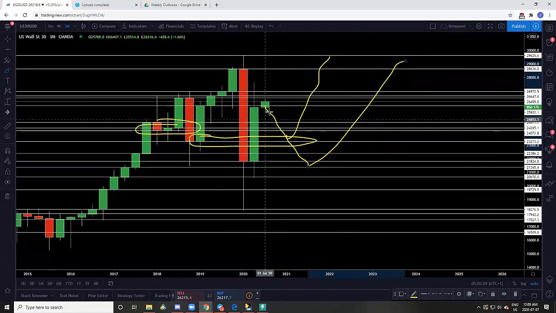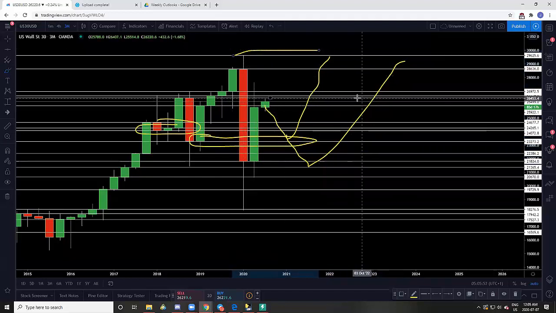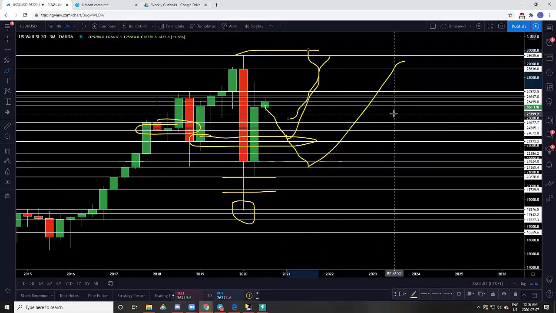Otherwise, all I'm really looking for is a potential pullback to some areas of interest and creating a deeper quarterly wick and a 1-month wick, which I'll show you guys, and then continuing up to the upside. Because we can have as many of these coronavirus headlines as we want, if we don't have anything to negatively impact the economies or a new type of catalyst to come, then this smart money sentiment is going to rally back to the highs. It's going to go back to 30K. It's just going to further support the big boys and the 1% that were in from the lows and make them even more money, because why not?